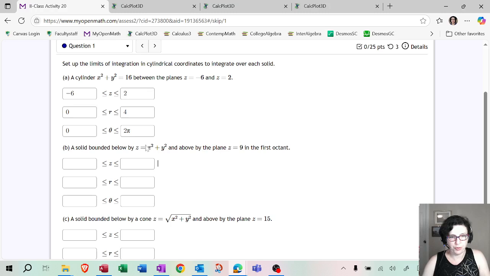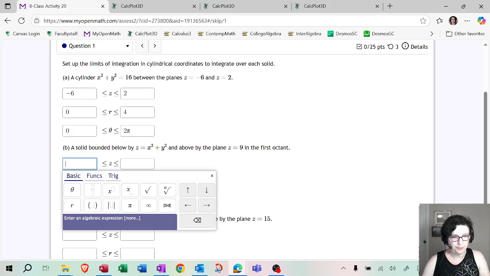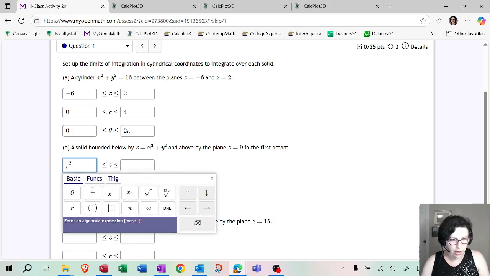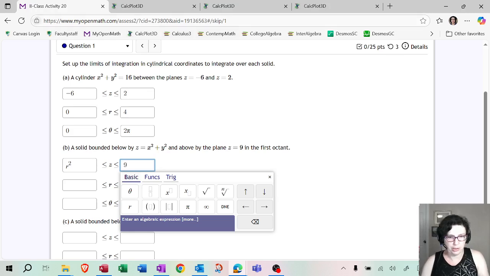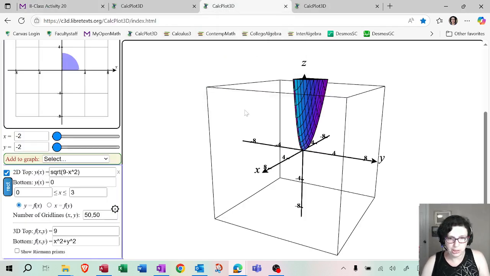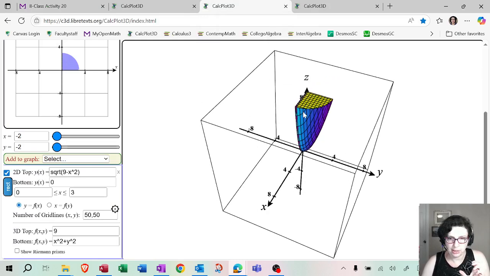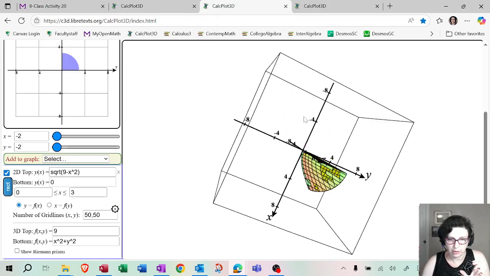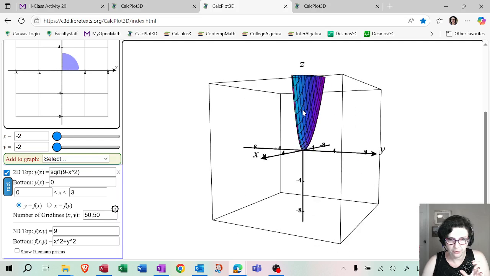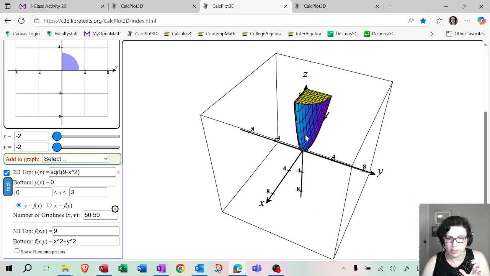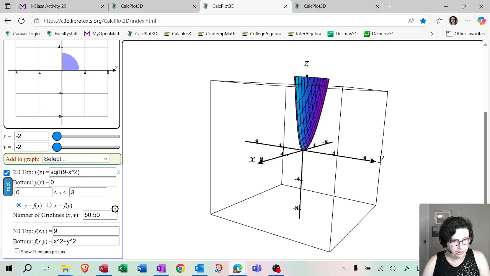But the bottom surface is the paraboloid, x squared plus y squared. Now, you should know that whether it's polar or cylindrical, x squared plus y squared is r squared, because you can't keep the old coordinates. You're now in cylindrical coordinates. So your bottom surface is r squared, and the top surface is 9. And then here is the idea that you need to understand. So this is your first octant, right? All three coordinates are positive. So below is the paraboloid, above is that plane, z equals 9.